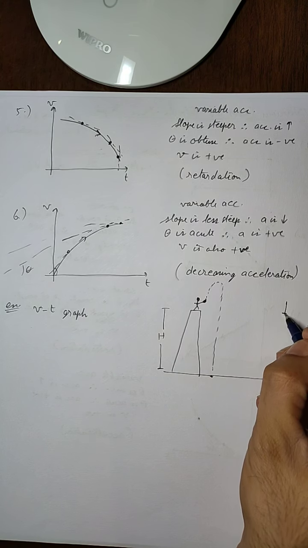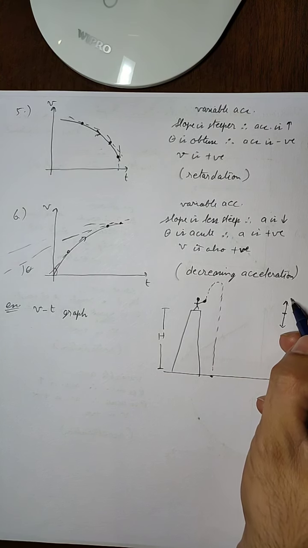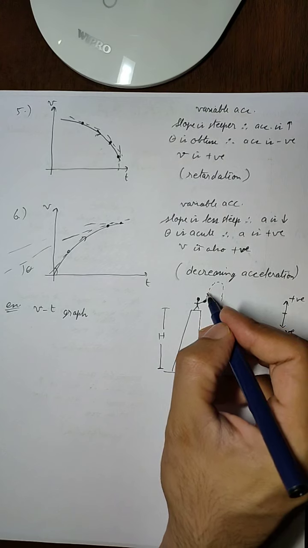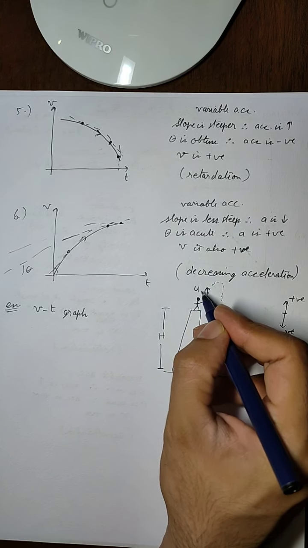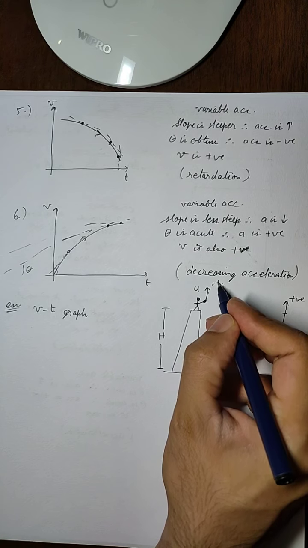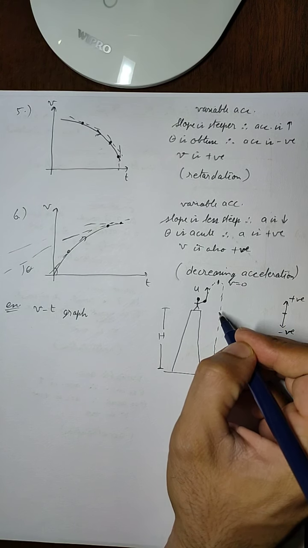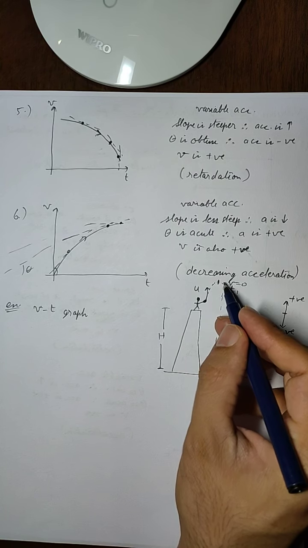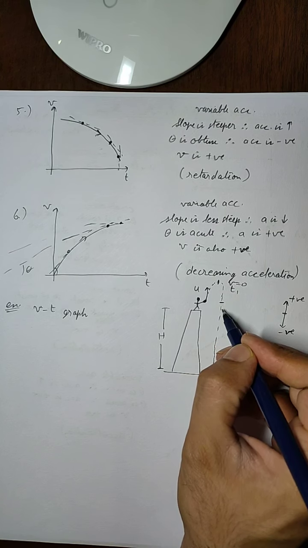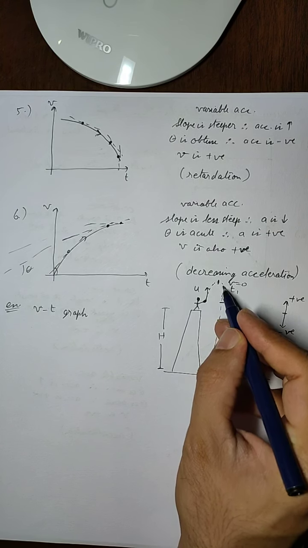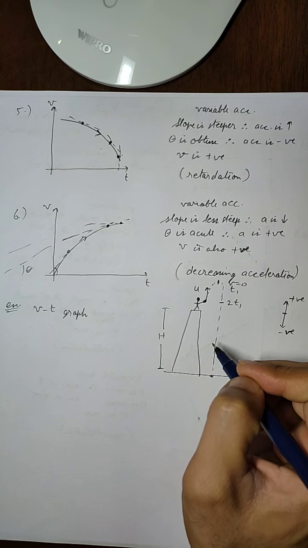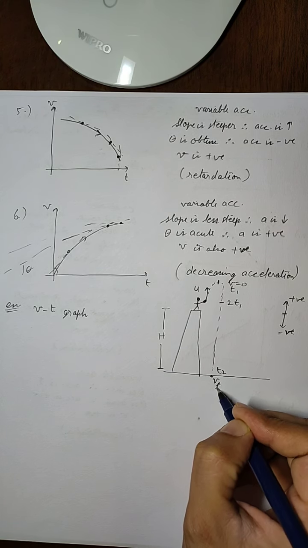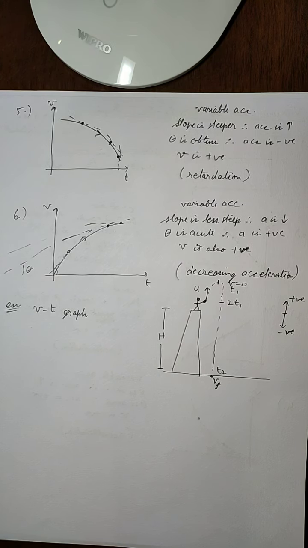Now we are going to approach it the same way. The upward direction, let us take positive, and the downward direction is negative. That means the initial velocity, if it is u, will be in positive direction. Then the ball will reach the highest point where its velocity becomes equal to 0, and let us say it reaches the highest point at t1. Then on its way down, it will again cross its starting position, and since this time t1 is the same as the time of descent, it will cross the starting position at 2t1, and finally at t2 it reaches the ground where its velocity just before hitting the ground is vf.